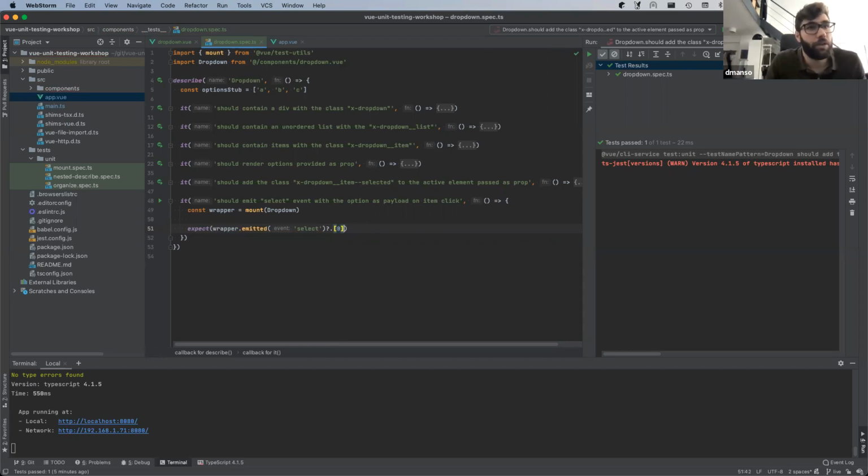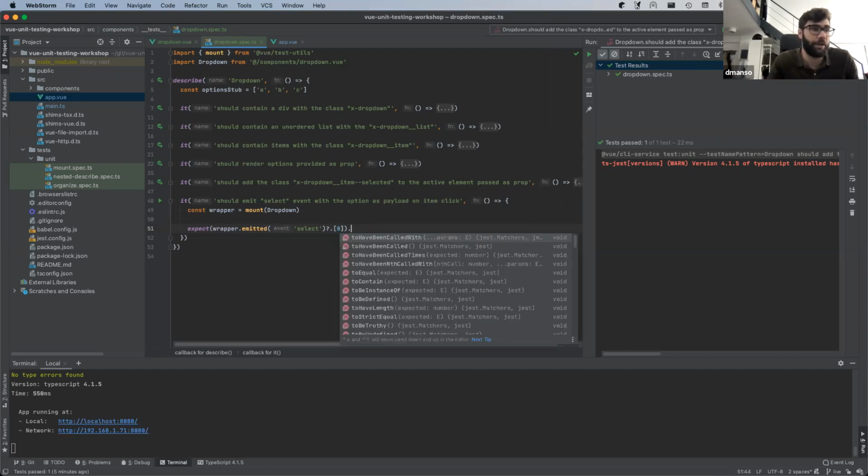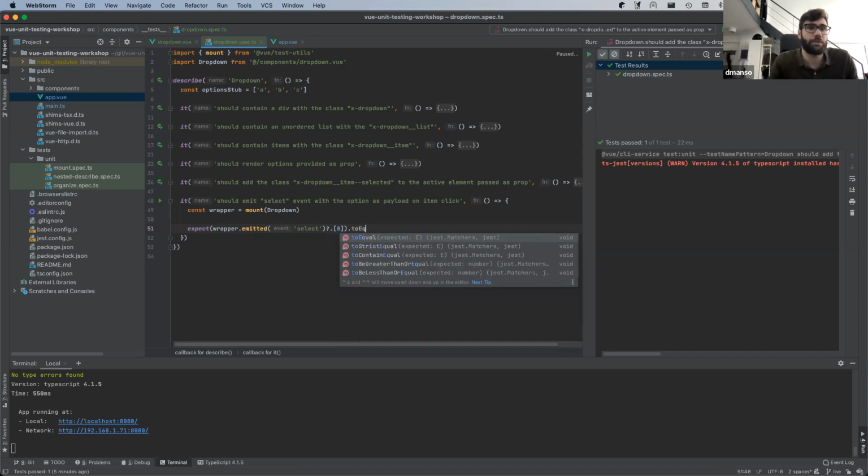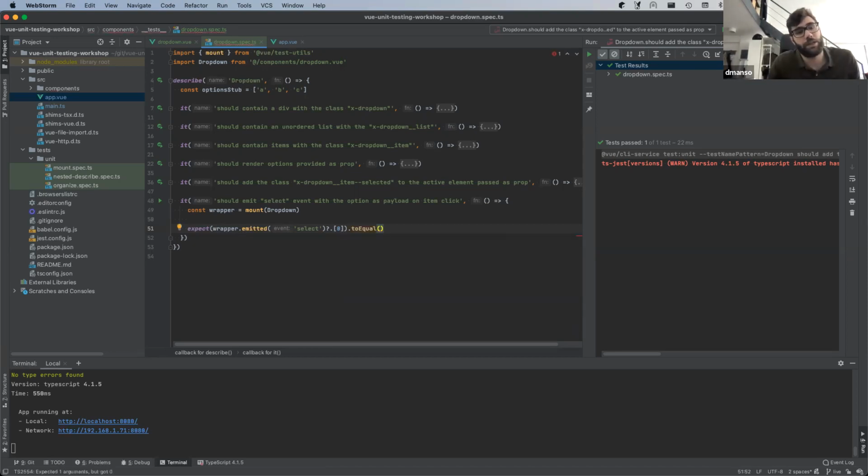Okay, good. And well, this item also returns the payload, but wrapped in an array because it is also a list of arguments. So for this, I'm not using toBe, I'm using just toEqual because I would like to have deep comparison instead of the toBe. Okay, so here, well,